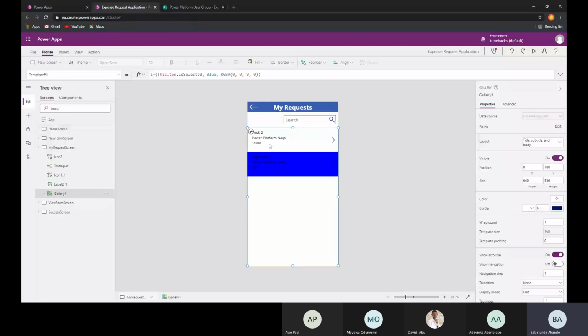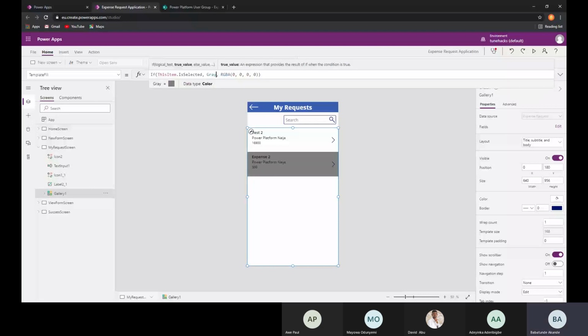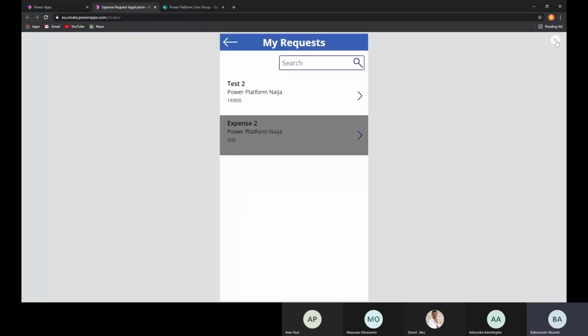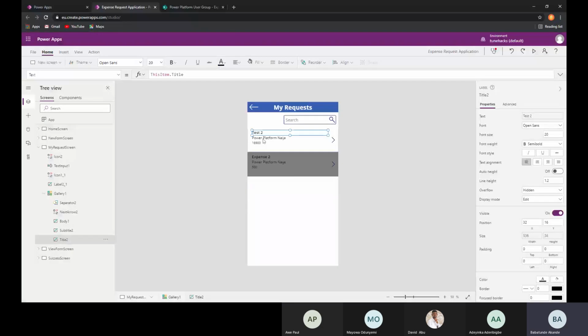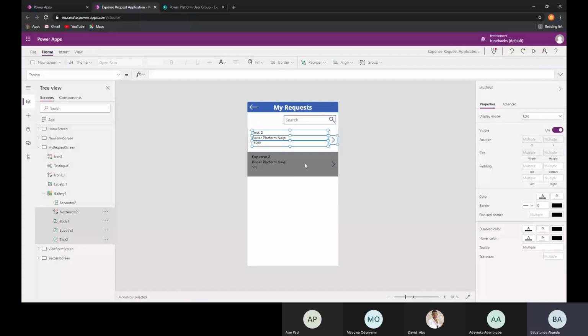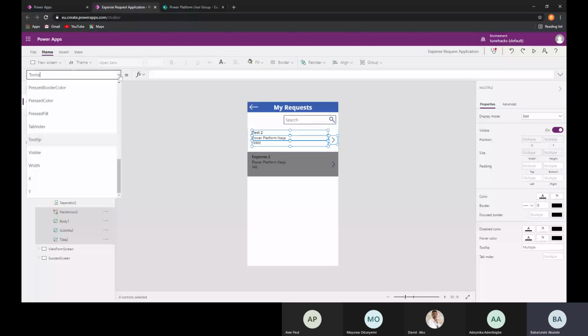So this blue looks quite too dark. Let me see if there is a better one. Let's use gray. Then we can do the same for the texts. We can multi-select by using the control button and highlight the different icons. When it's the one selected, I want it to also be white. So I can do the same to the color property and say if